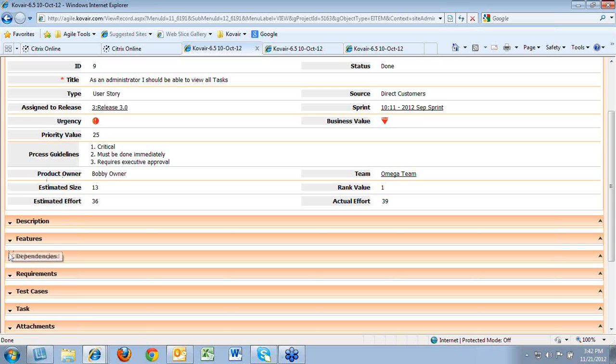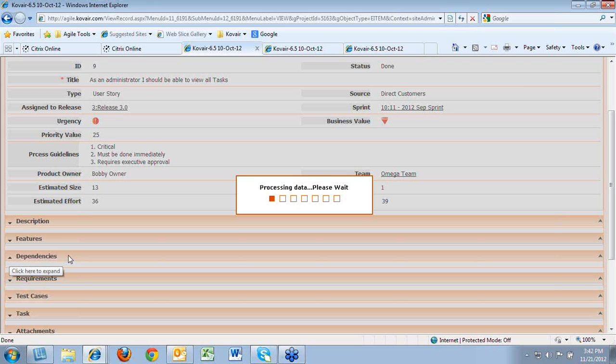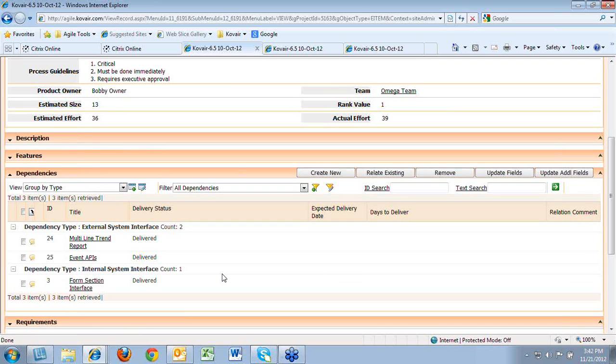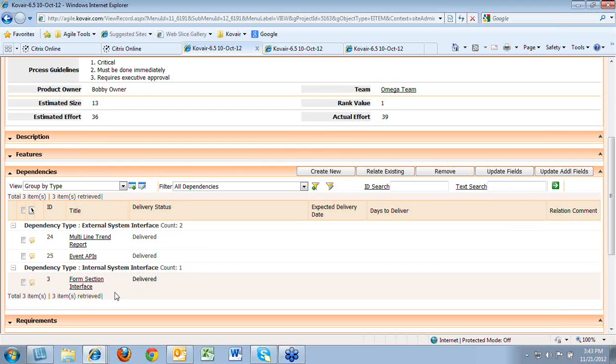On the other hand, the user story is linked to some dependencies, and this is the relation section which shows what dependencies it's linked to. You can see that these are the dependency factors, like the event APIs and the trend reports, which are components that we are expecting from some external source. And also there is an internal system interface, maybe being developed by some other groups, and that's denoted as the internal system interface. Apart from that, it's also linked to some requirements,